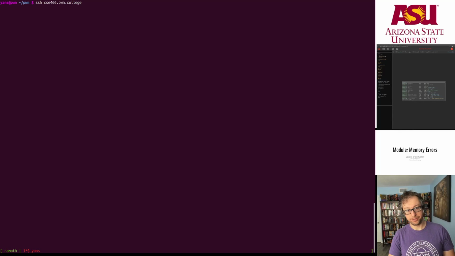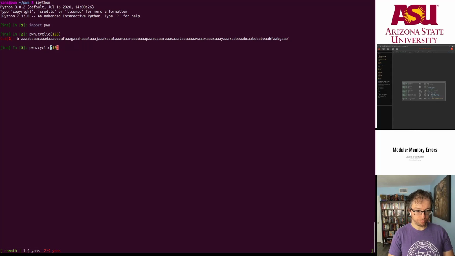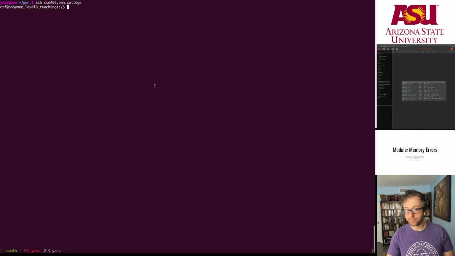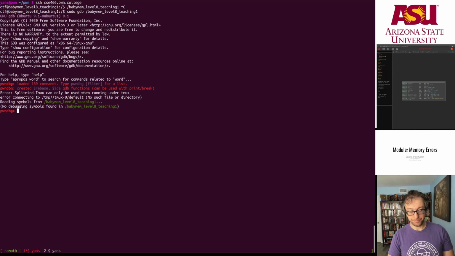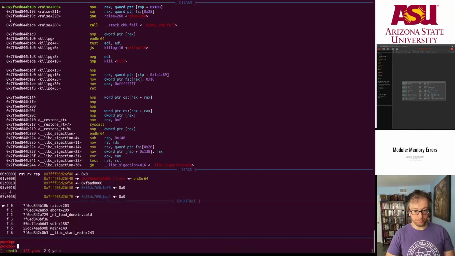Okay. Let's get a 1,000 byte long cyclic pattern. Run this in GDB. Awesome. We run it. Payload size, give it 1,000 bytes. Paste in our cyclic pattern. And